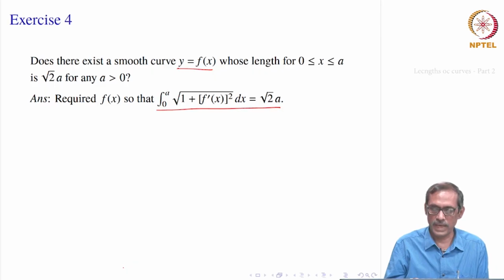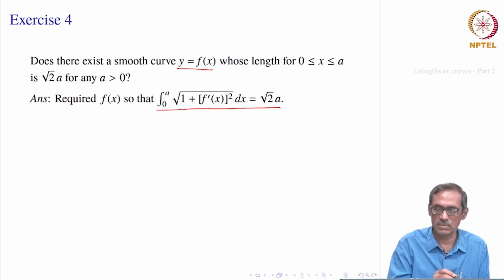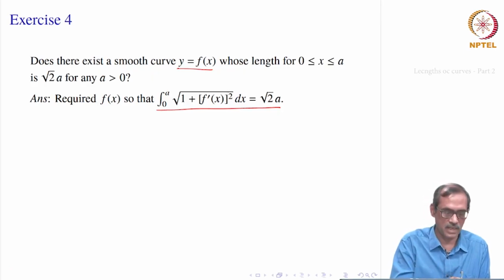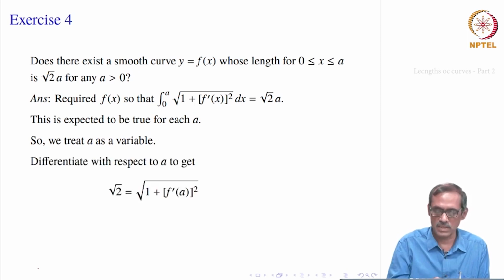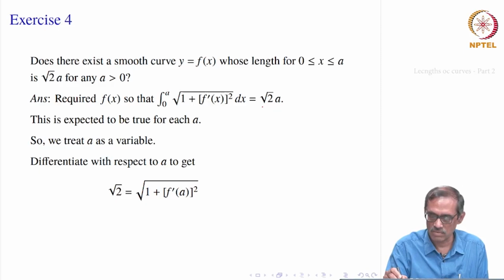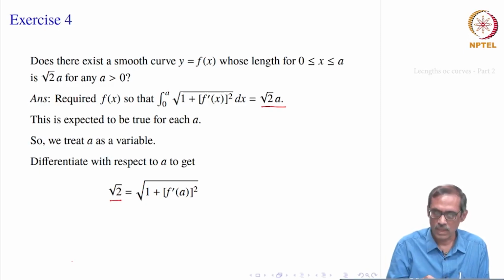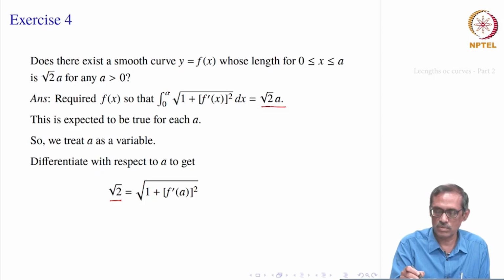Okay. Again we may have to use the fundamental theorem, because it is not known what this integrand is, we cannot integrate as such. So, we can only differentiate with respect to a, because it is true for any a. So, you can treat a as a variable. Treating a as a variable and differentiating, on the right side it is root 2a, that gives root 2, and on the left side we use the fundamental theorem, differentiate with respect to a. So, that means the integrand is evaluated at a, that is the answer.